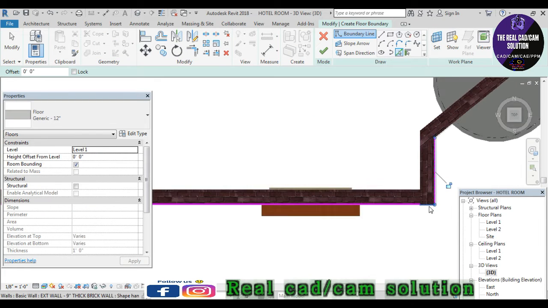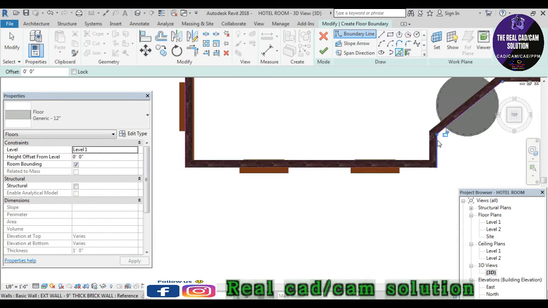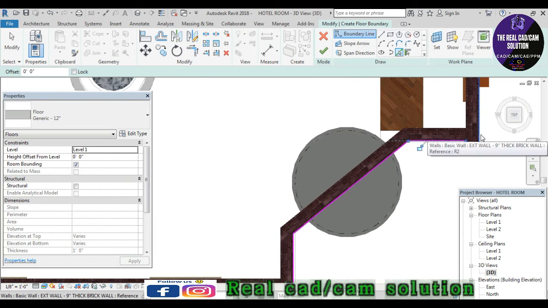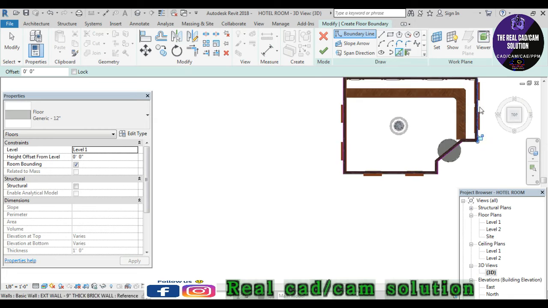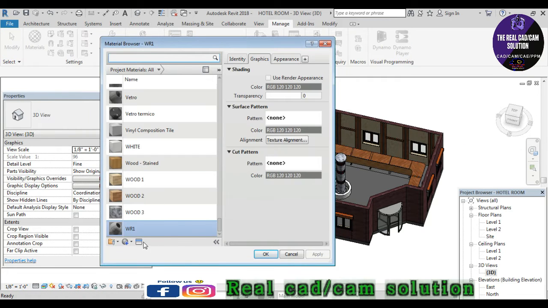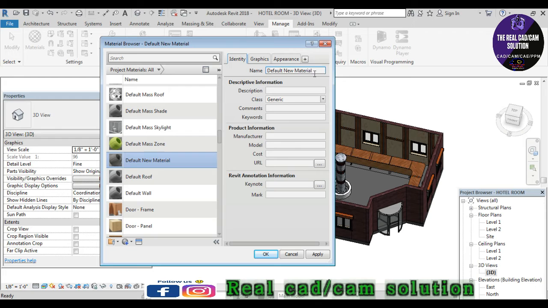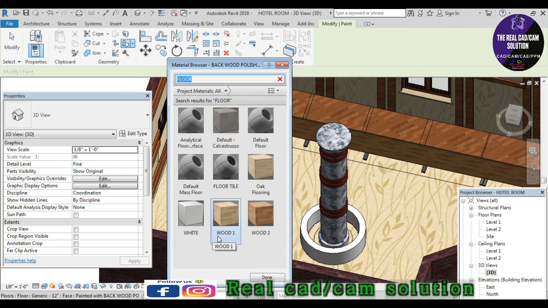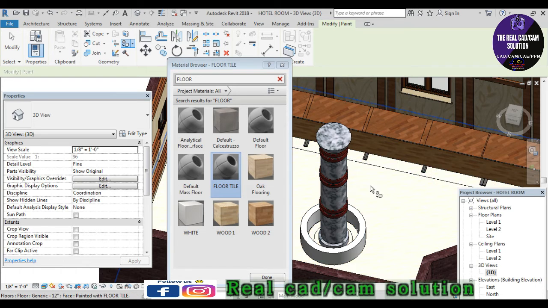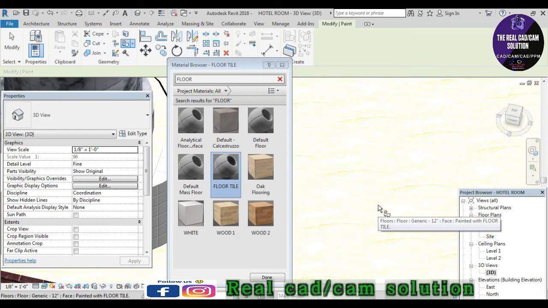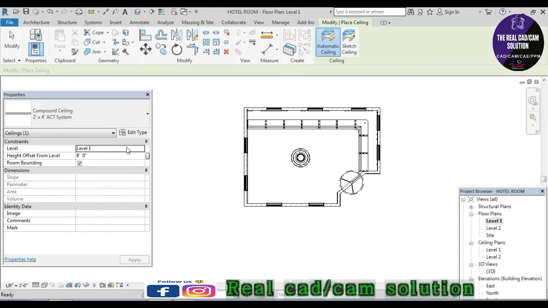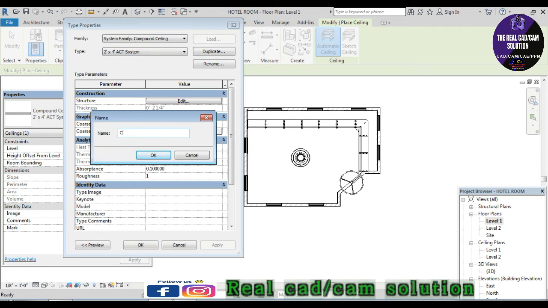Then I draw my architectural floor, draw like this. Just finish it there and give the perfect material, using tile material also. Just keep watching. I give the floor tile, giving the appearance of my perfect floor plan using the floor material. Okay, I give this floor material. It's done. Let's see the final render of the floor area.